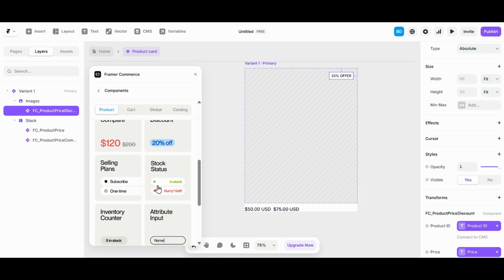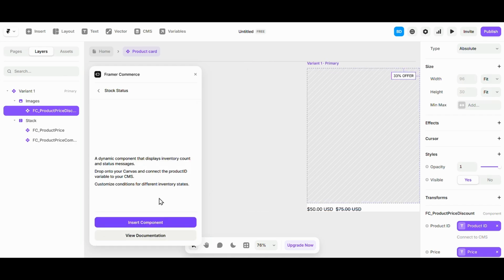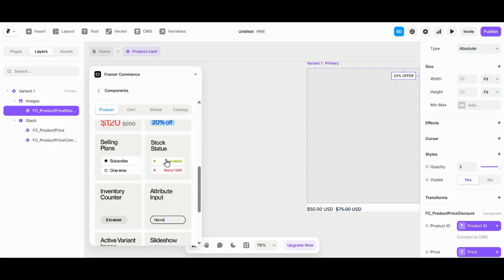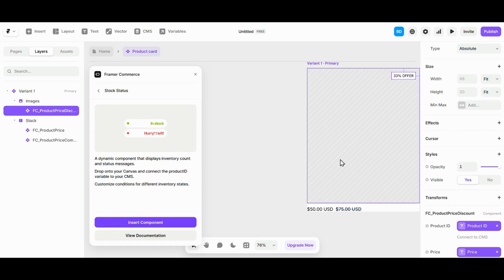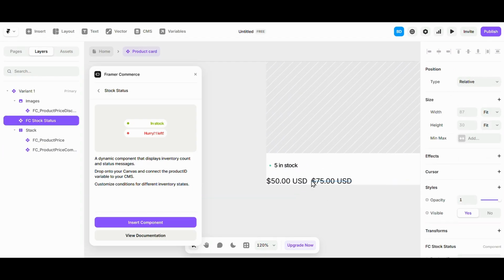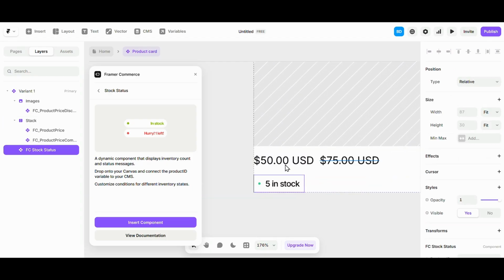Next, stock status. That's a pretty good one. We can use that. Yeah, stock status is good. Let's add that to the product card. So what happens is when you add a stock status, it's going to show you how much is in stock. So you know it's something is